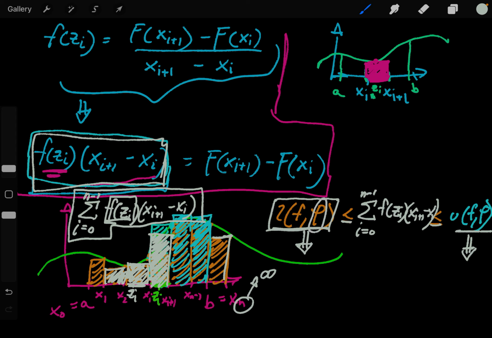So as I get thinner and thinner, the difference between these two will become less and less. And the way we talk about that is we say that it's the lower Darboux integral of f